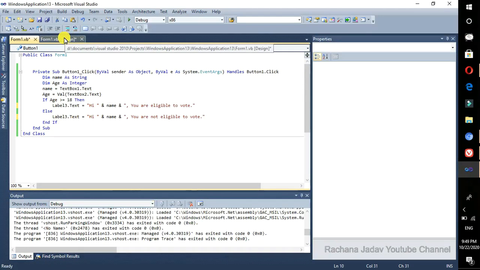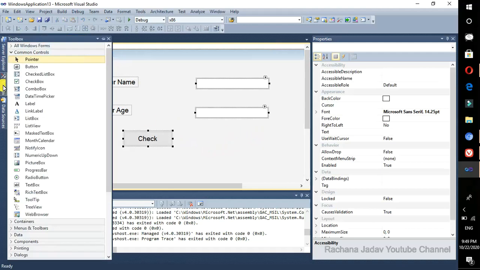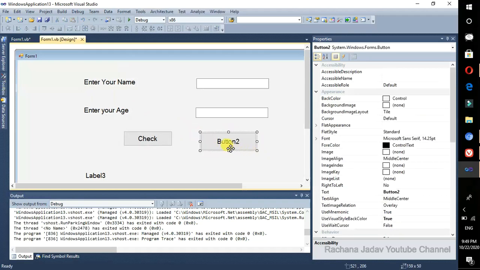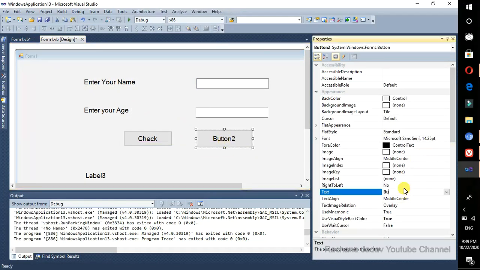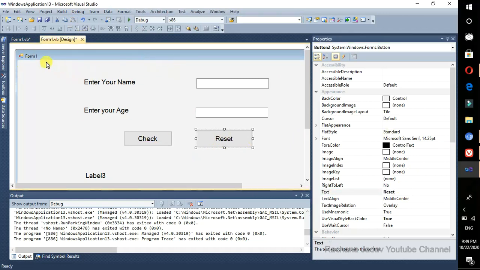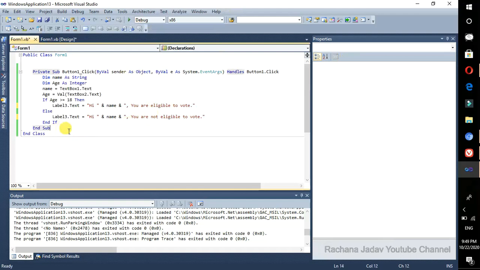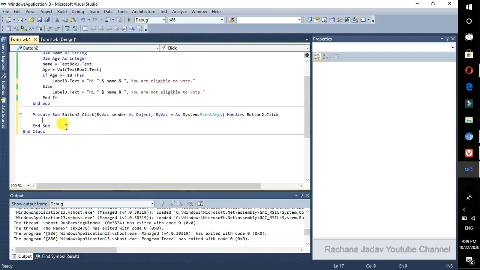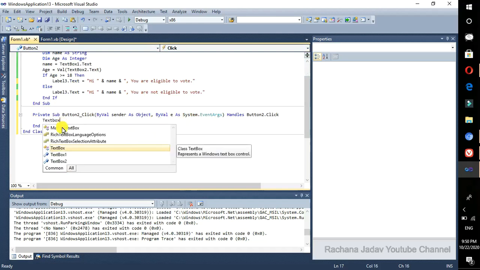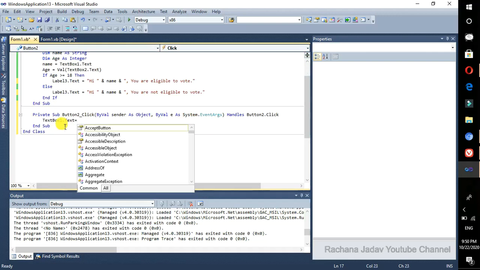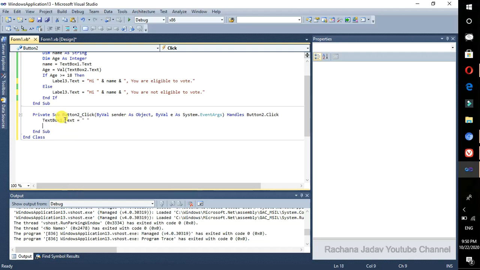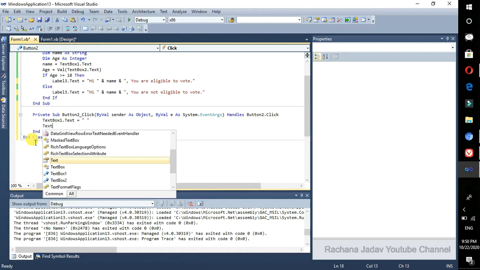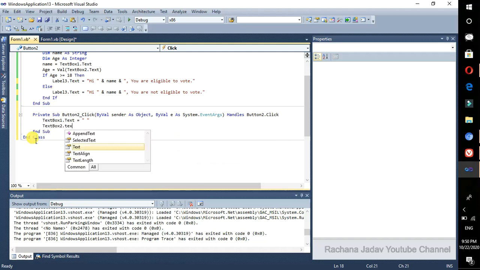You can give space like this, and if you want to clear it, then you can go for the next button. Like I told you about the reset one, yes you can go for it. Here you will give clear, or you can say reset. Okay, and then you will go to the coding, and then here you will take button 2, click, and in that the text box 1 dot text is equal to, okay, and then text box 2 dot text is equal to, and also our label.